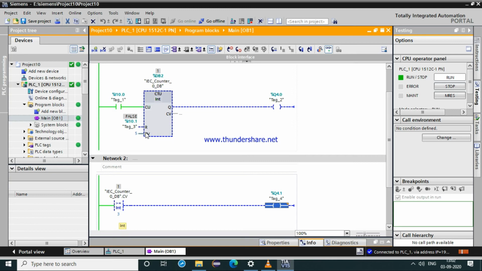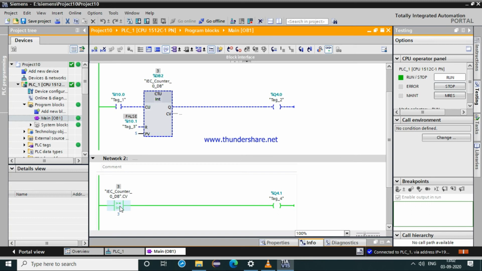So as I press it for the first time, it will count 1, 2. As I press 3, the comparator is greater than or equal to, which means if this is my preset value for this comparator, if my counter reaches 3 or greater than that, my output should operate. That is, you will get an output.